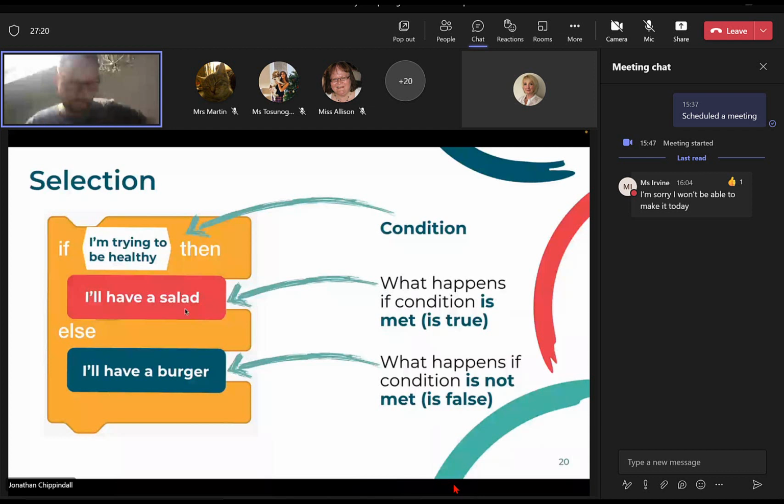So the first part is at the top here. There is an irregular hexagon section to the block, and we have to build a condition there. So in the everyday example that I've used here, the condition is I'm trying to be healthy. So we put that condition there. And then as we talked about last week, Scratch is quite an easy language to read. So if we read it now, it says, well, if I'm trying to be healthy, there's our condition, then